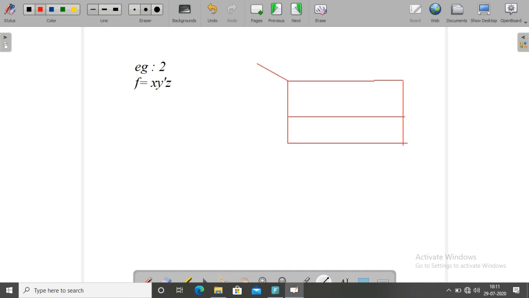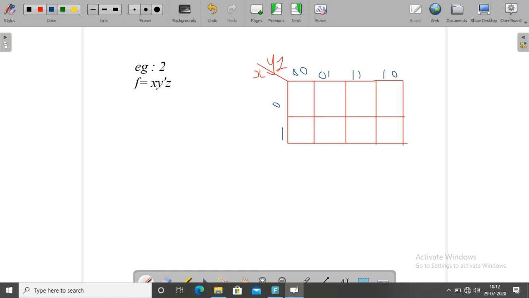In the 3 variable K-map, one variable goes on one side and the other two on the horizontal, as you know. Here x is only 1 variable, so only the values 0, 1. Here we have to write 2 variables, y and z, so 0 0, then 0 1, the next one is 1 1, and the last one is 1 0.